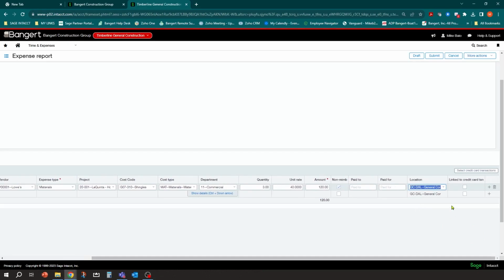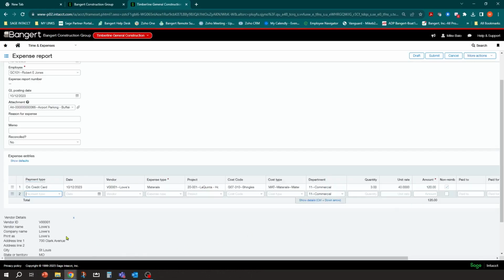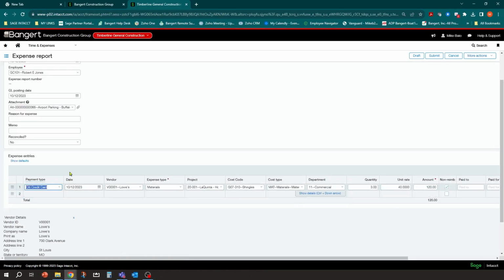And then also, we're not talking about it in this video, but if you are using credit card transactions using bank feeds, you can link this to a credit card transaction that's already been synced in a bank feed. You could say, yeah, that's related to this charge over in the credit card transactions. But in this case, we're not doing that. We're just manually putting the charges in. At that point, the charge is in the system.